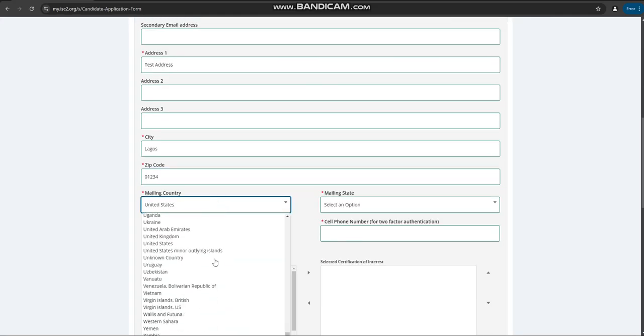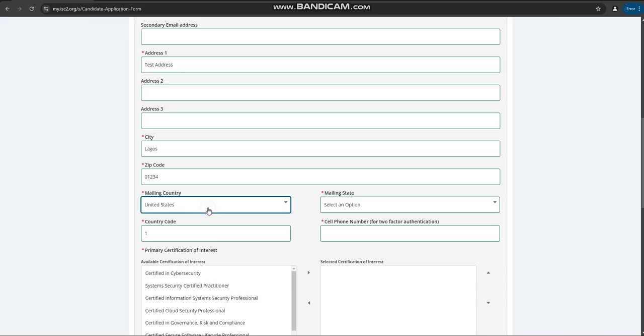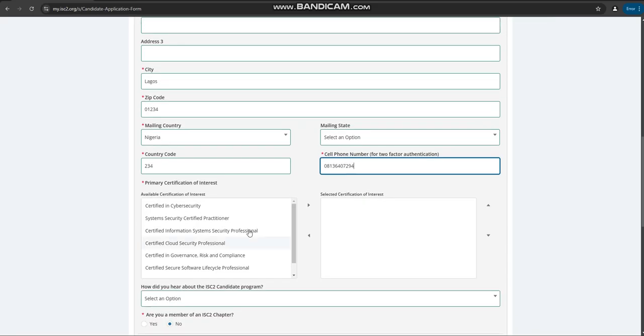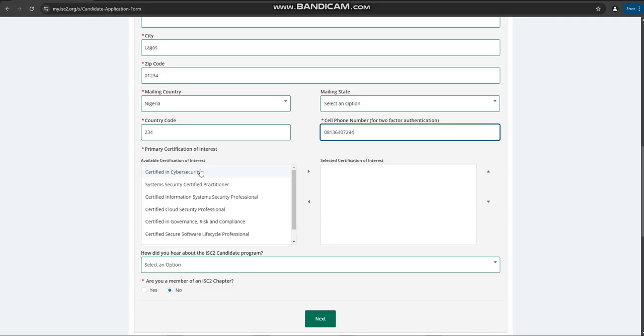Mailing country, Nigeria, or wherever you're from. Country code 234. Mailing states, select an option that is actually not mandatory, so you can leave it out. Cell phone number for two-factor authentication, so you can put in something. You can say okay, let me use password. So here you come, you can see different exams that we have here: trainings and exam,